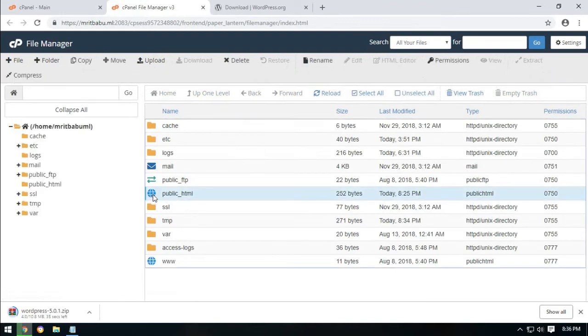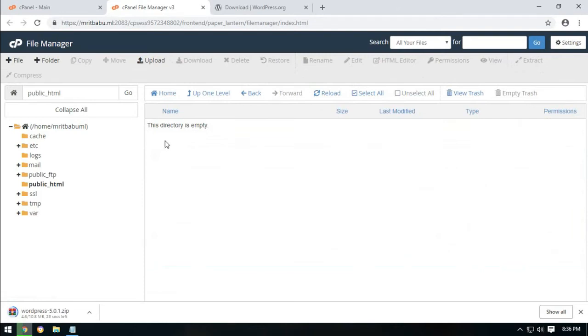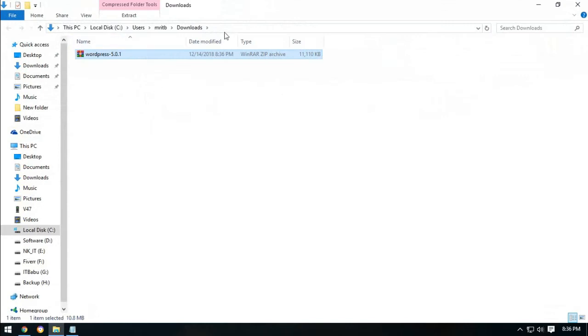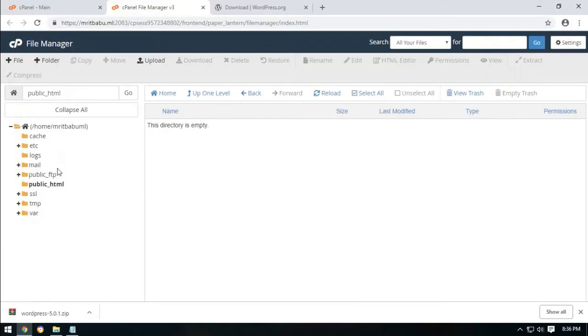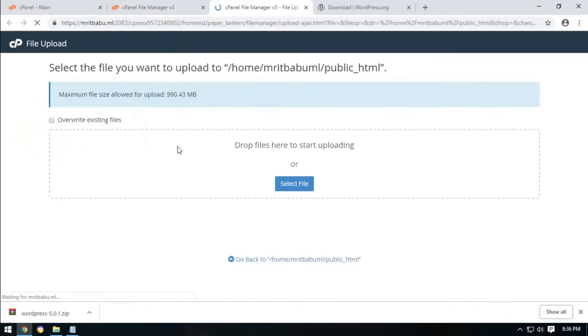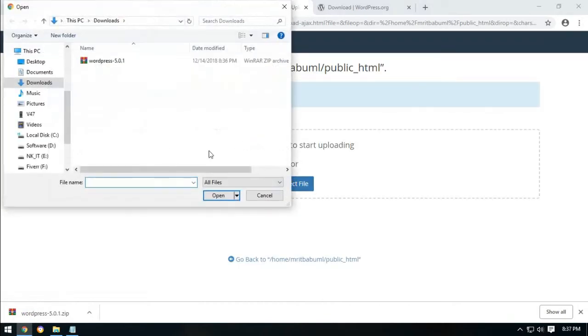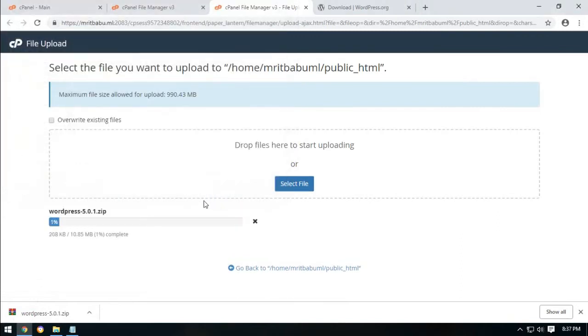Okay, go to public HTML, and this directory is empty. Now upload the WordPress CMS software. We're waiting for the download. Okay, done. And now go to show in folder, the download folder. So minimize, and in this section to upload, select WordPress and open. Okay, uploading done. So we come back,